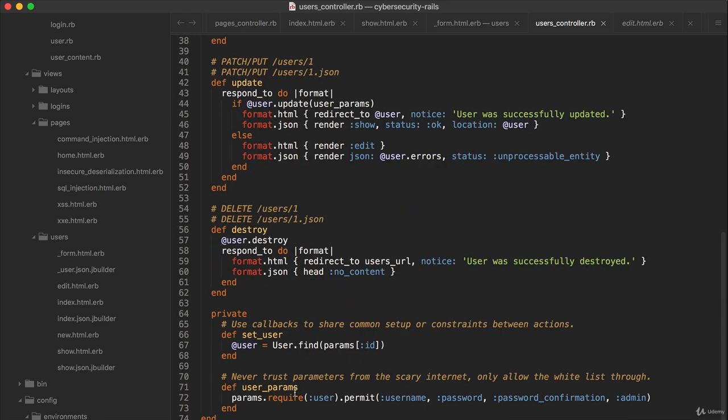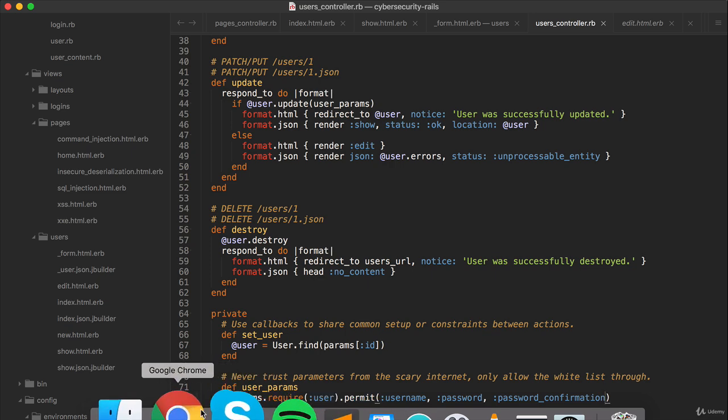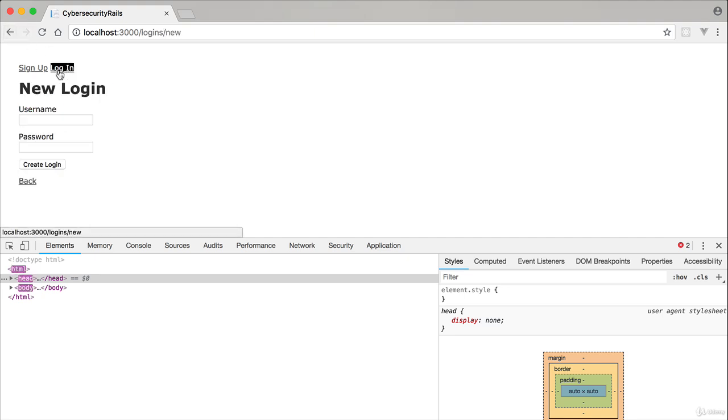So you'll see that in Rails we have this user params, and what we're going to do, very simple protection, is we are going to not allow Rails to send in an admin param from this particular form. So when we sign up,